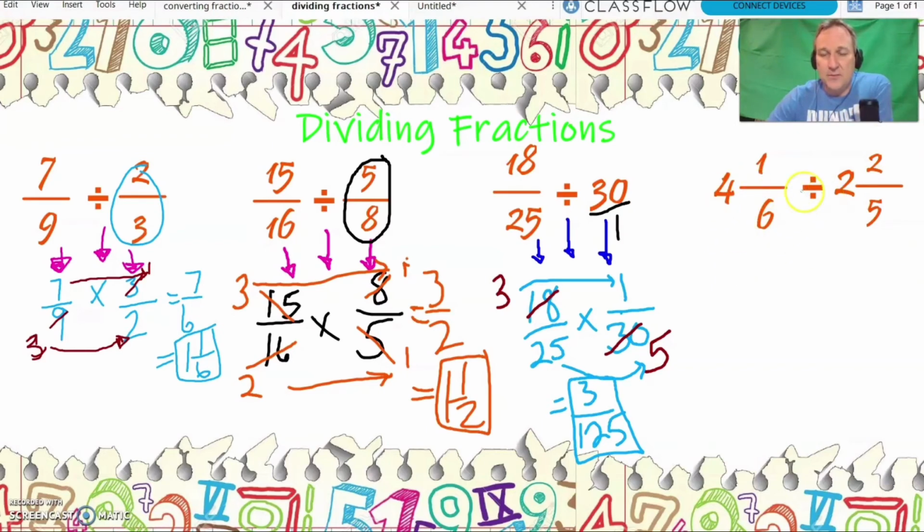Okay, so we got one more, and this one is where you have mixed numbers. And I did cover this a little bit in the multiplication video in episode 40. And it's not that hard either. It's really quite basic, and I'll kind of take you through it here. First things first, we're going to rewrite everything. I just draw these little arrows, meaning everything's going to get rewritten. Okay, and we can't multiply with mixed numbers, so what we're going to do is change them all into